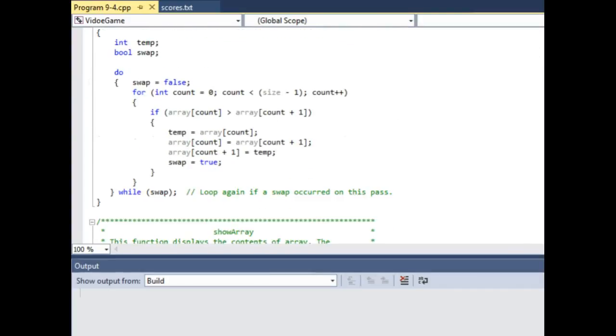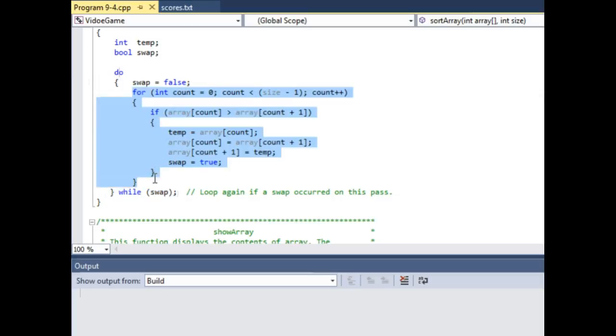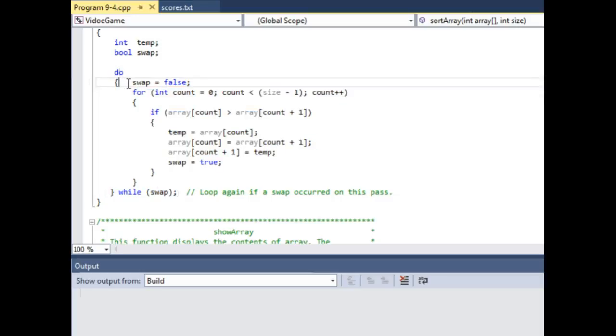Now this is a nested loop, so I want you to see that. You've got a do and a while here, that's the outer loop, and the inner loop is a for loop. So initially, this will kind of be our first pass through. It's going to set this Boolean variable swap to false. That means in this first pass through, nothing has been swapped, so if nothing's swapped, we don't know if what's